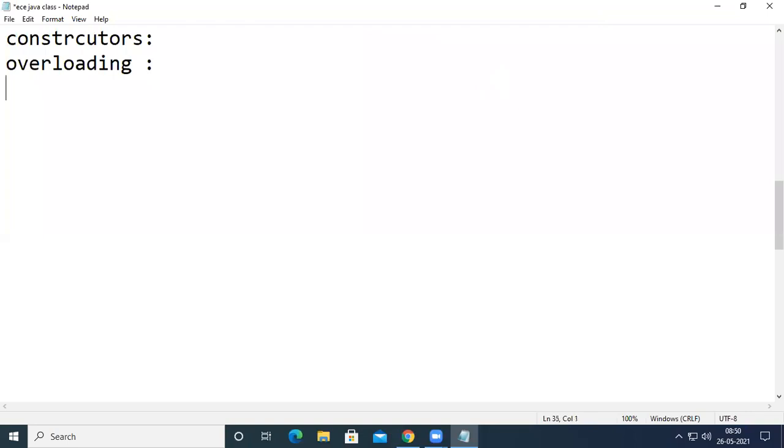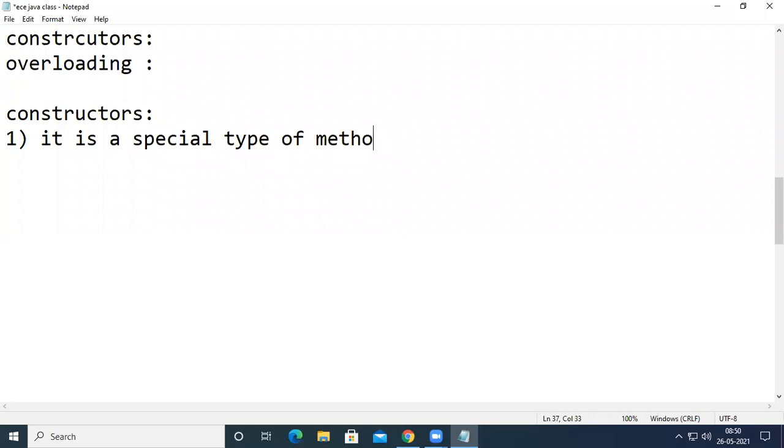First, let us start with the concept of constructors. The first point is that it is a special type of method.